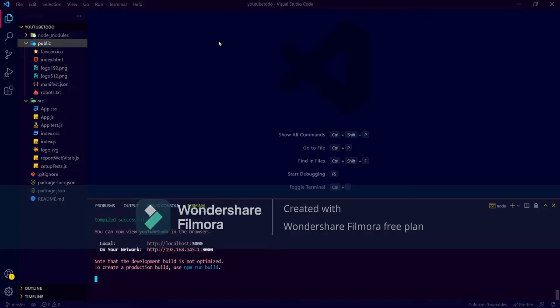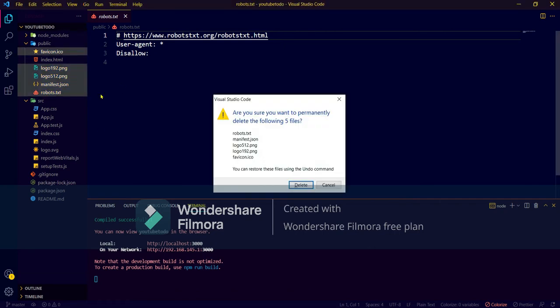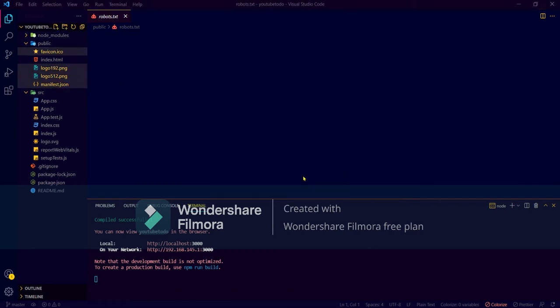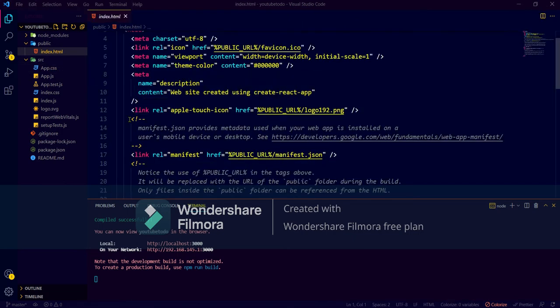So first I will clean the files that are not required in the public folder. Let's clean it. We do not need this file. Hold the control button and select the files that you don't need. All these files are not needed, you can just shift delete them. And if I open the index.html file, here is a list of comments.